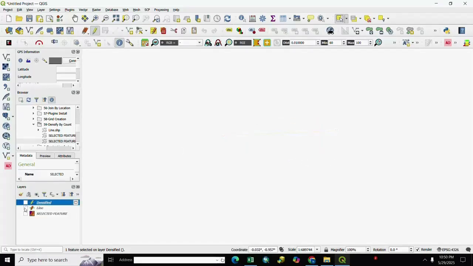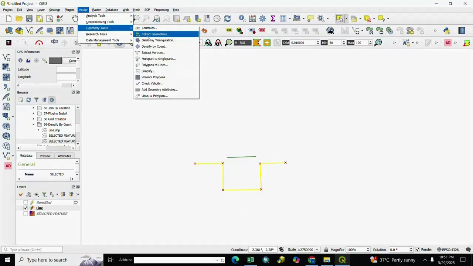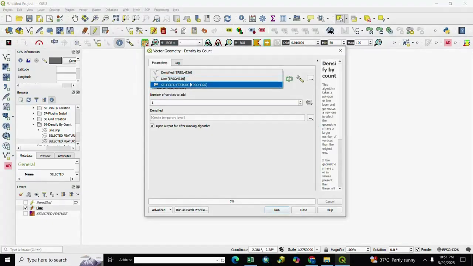And next you see here this line is big and it has 6 vertices. We create densify by count. For creating densify by count, we go to Vector, Geometry Tool, and Densify by Count, and we select here input